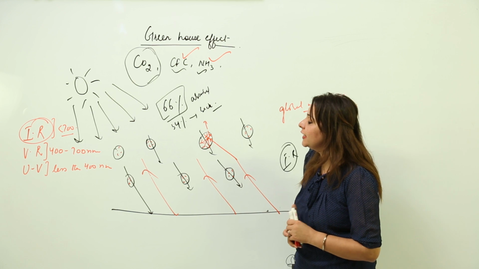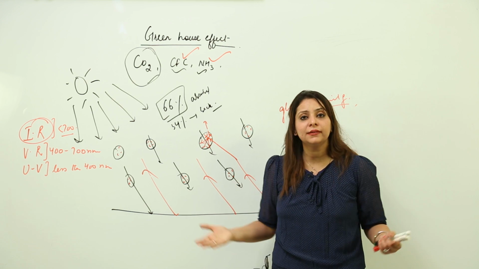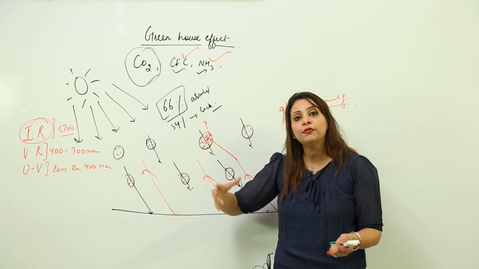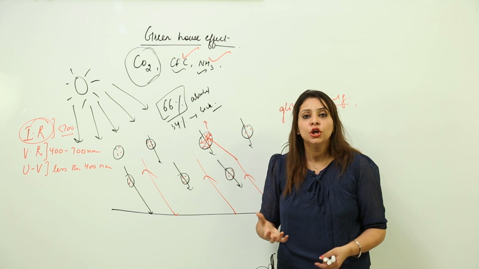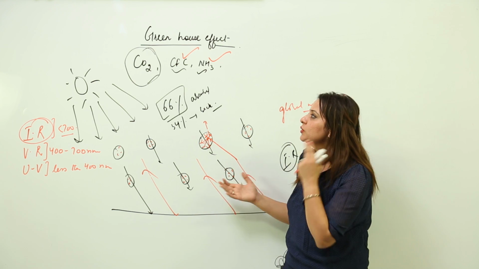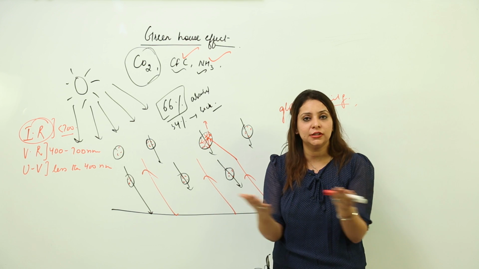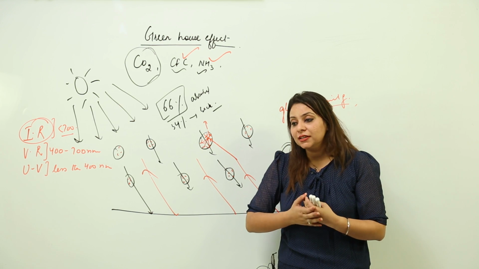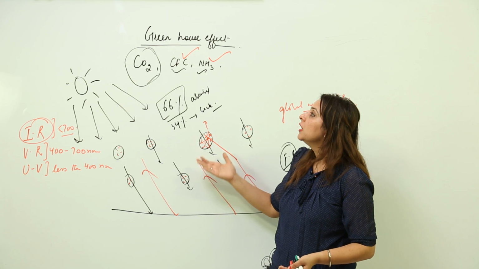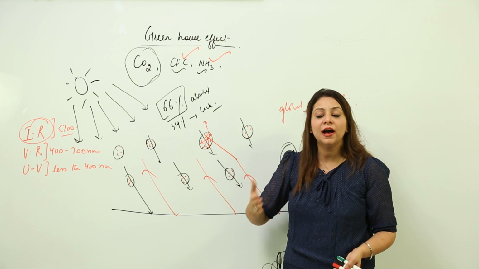Moreover, when CO2 increases beyond a certain limit in the atmosphere, the plants are forced to take up CO2 at a faster rate. So obviously this is going to affect their growth also. That means the greenhouse effect can disturb our ecological balance. It can disturb everything, and you can say that it is a harmful consequence